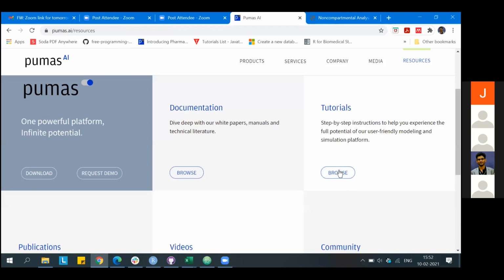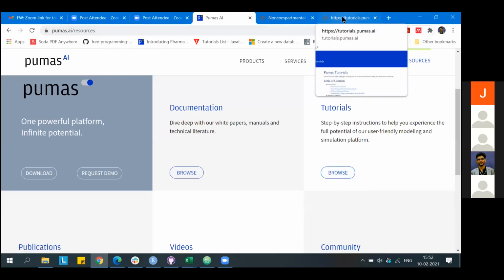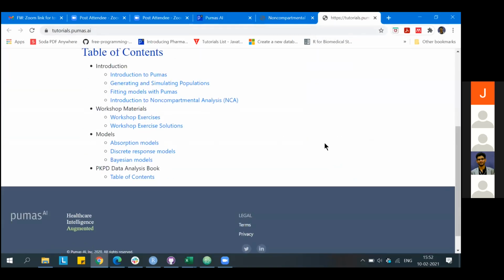But if you want to directly jump into an already available example, we have NCA here.